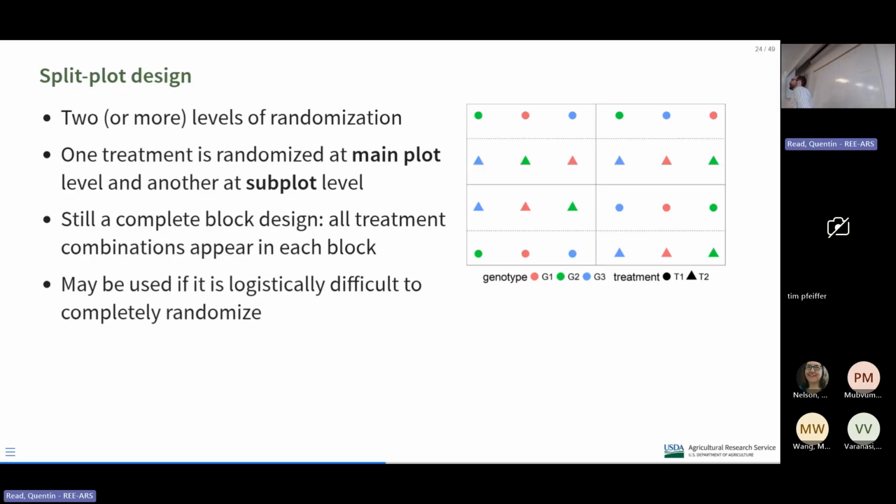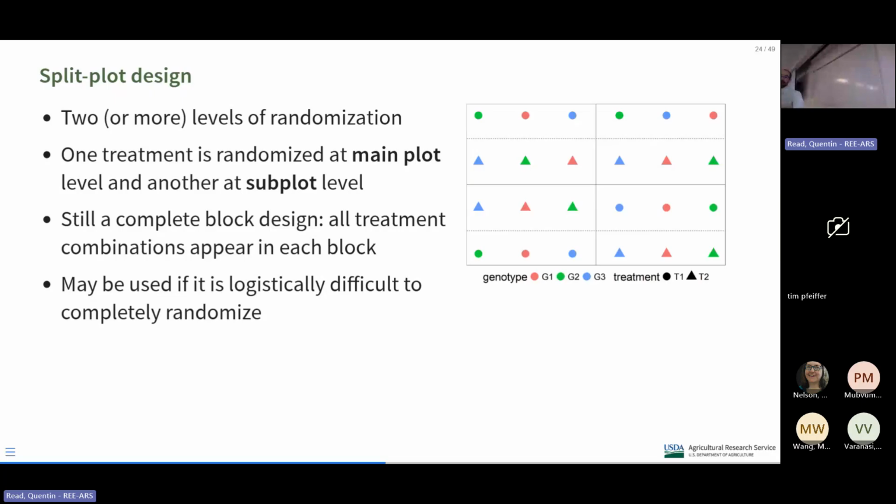And sometimes people use split plots for logistical reasons. If the treatment is some kind of irrigation and you can't have a separate irrigation at that small of a scale, irrigation could be the main plot factor, but it's easy to plant genotypes in very small plots of land separately. So that would be